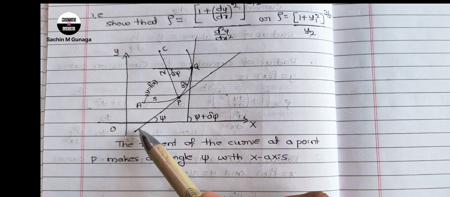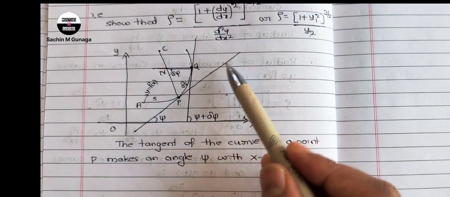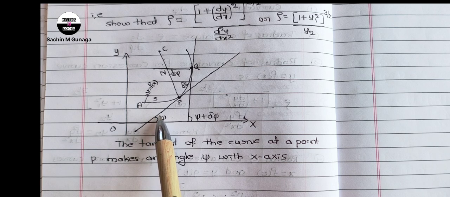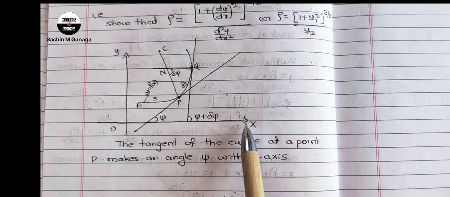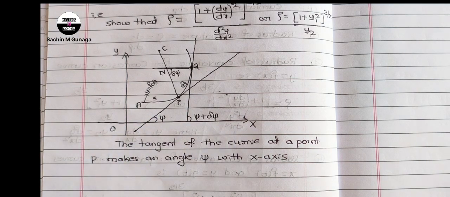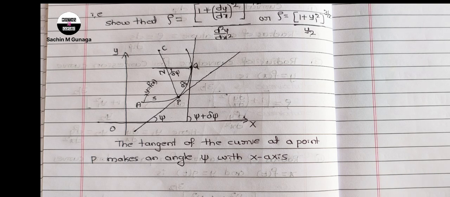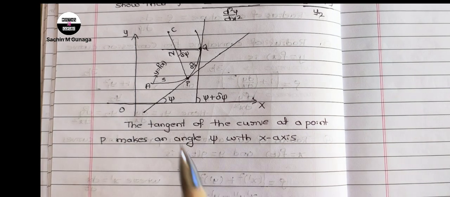Means from this figure, this is the tangent line. The tangent line makes an angle psi with the x-axis. Now, by the definition of derivative,